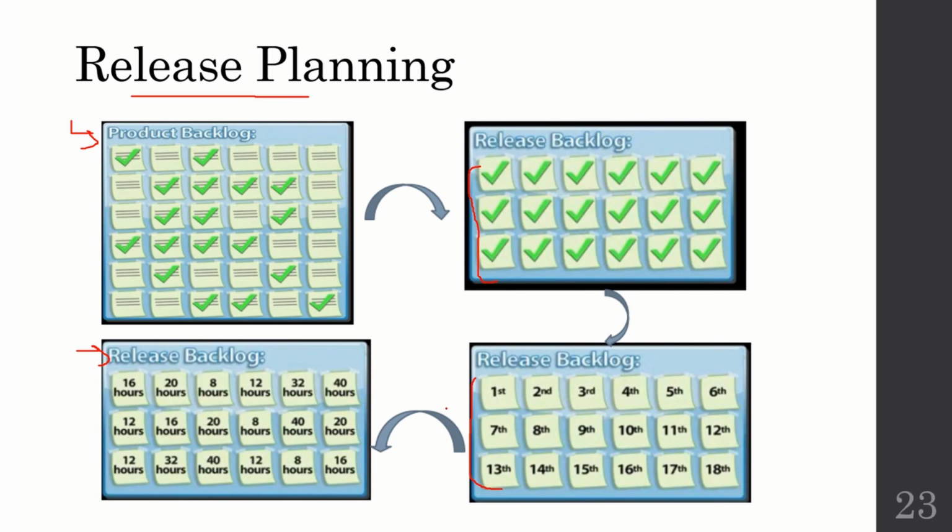And further, the prioritized backlog is being converted into the backlog which contains the number of hours that are required to implement or to construct each and every functionality. You can see here that these are the different times mentioned to implement the said functionality.